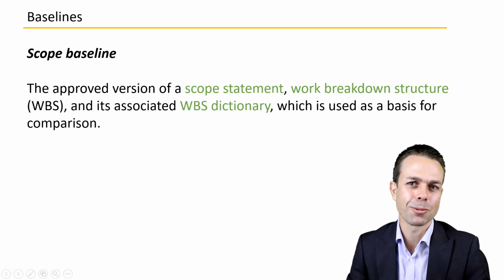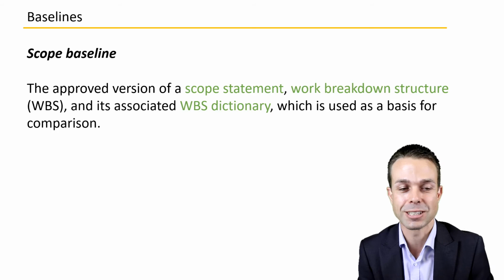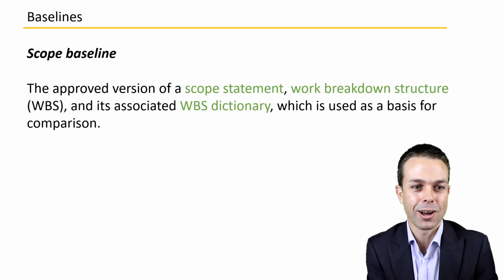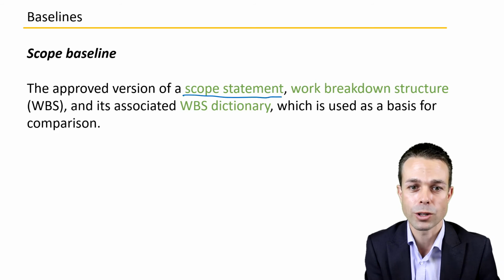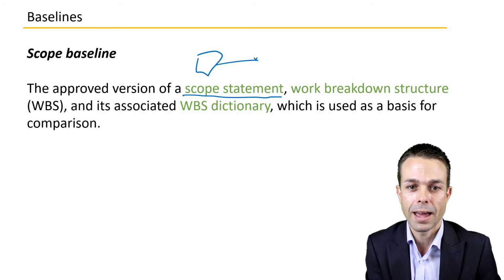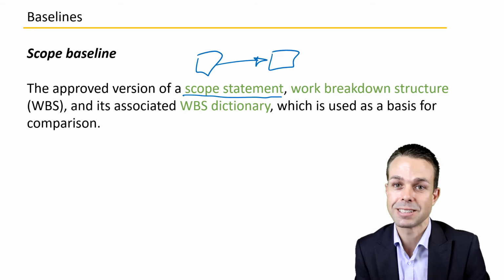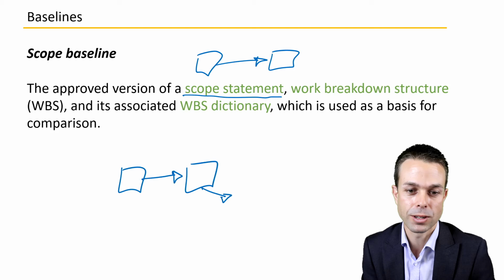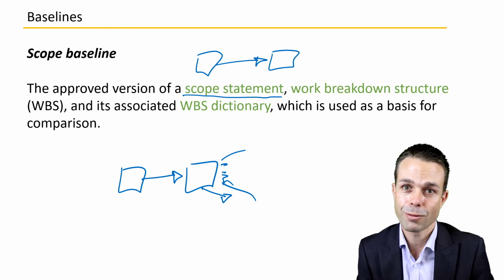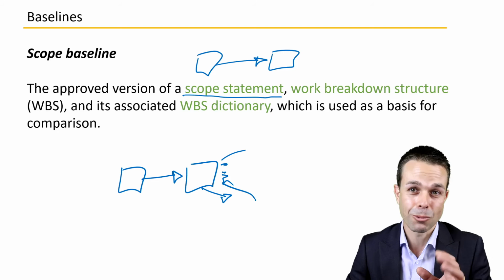So what are these documents that we're talking about here that do need to be baselined fairly early on in your project or in the initiation of your project? First of all, we've got the scope baseline. So this is the approved version of a scope statement, a nice simple statement of what you are delivering to your customer. And of course, you've got the associated work breakdown structure, or WBS, and its associated WBS dictionary. So that's basically the scope broken down into smaller parts, and then ultimately the activities that we'll need to deliver those parts. All of those parts of your scope, we really do want to lock in so that we know that we're going to deliver it on time,